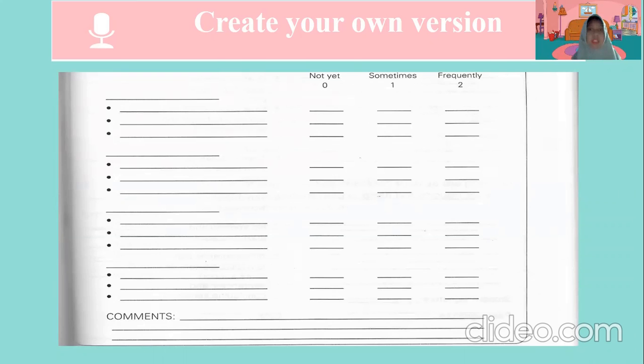After I finish everything, I also give my comment in the last paragraph at the bottom. You can put your comment based on your student performance at the bottom.